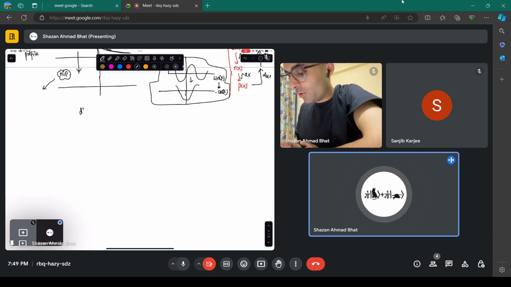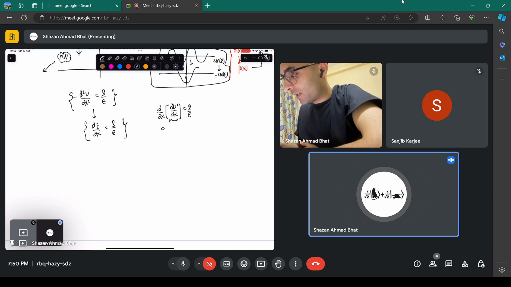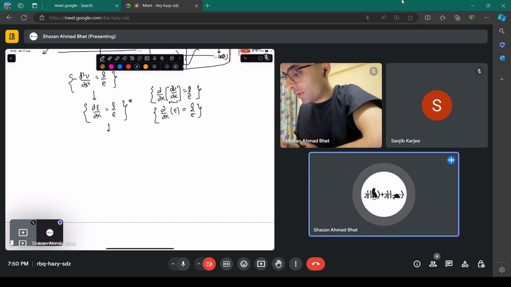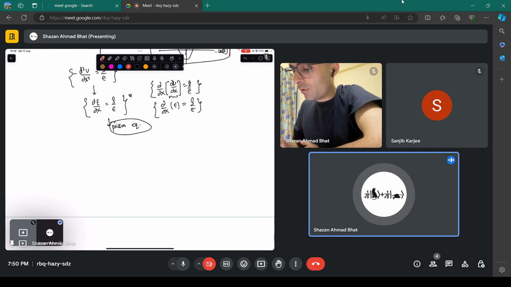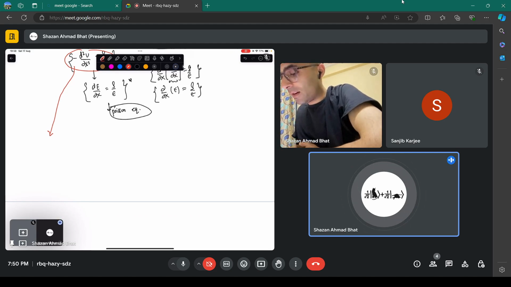And that's why there's something called Poisson's equation, which is important in electrostatics. So you can also write it as dE/dx equals rho over epsilon, because you can write it as d/dx of dV/dx equals rho by epsilon. This particular thing is the electric field. So it's actually a divergence of the electric field, but let's assume this is d/dx right now. So you get this particular thing, which is called the Poisson equation. And with the help of this Poisson equation,